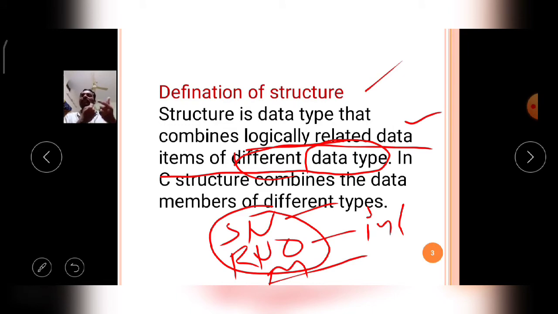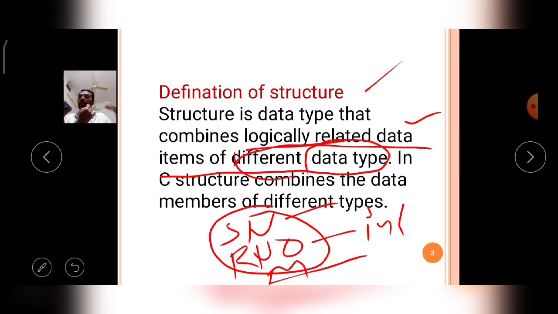So simply we understand that the user defined data type student belongs to the structure data type, and the structure contains three members: roll number, name of the student and percentage.